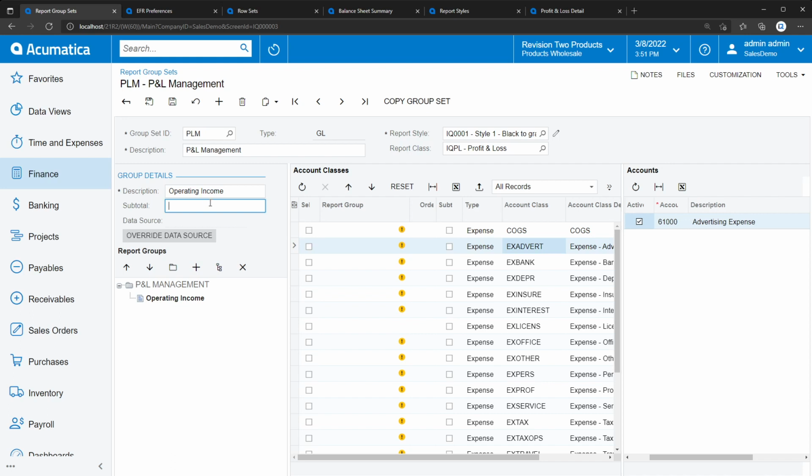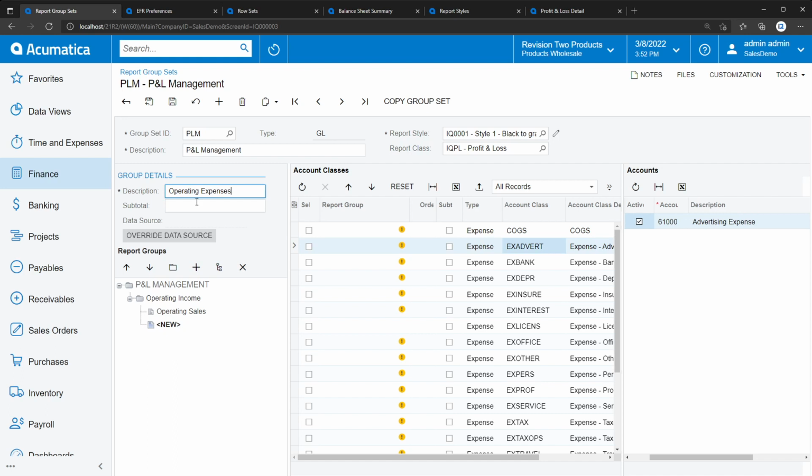And the subtotal, I don't need a subtotal actually. And inside this one, I will create two subgroups. One will be operating sales, and the other one on the same level. So if I click plus, it adds a child of the currently selected tree group. If I click the next group button, it will actually add a sibling below it. So I will do that and call it operating